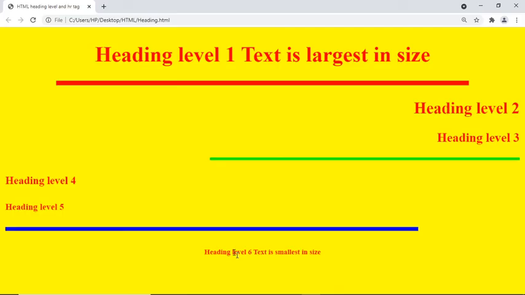This way we save our web page in my folder. Here you can see the different sizes of your heading labels: the highest level heading, then one size less, one size less each time, and your smallest is H6. So this is your highest level heading and these are your HRs.